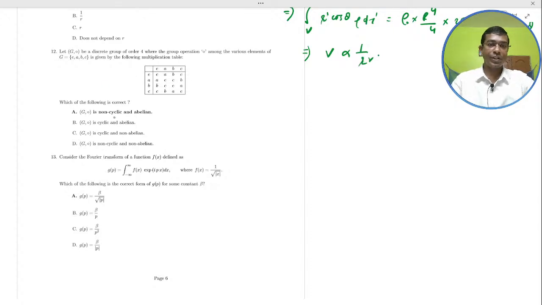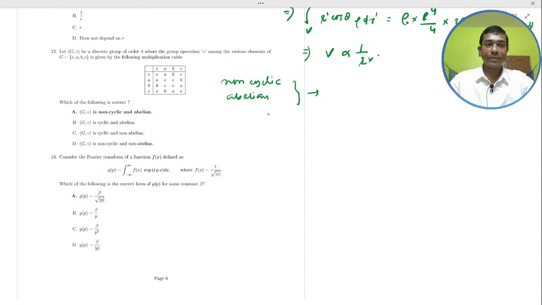So G and O is non-cyclic and abelian. This will be the correct, because this is simple theory in group theory, non-cyclic and the abelian, the property